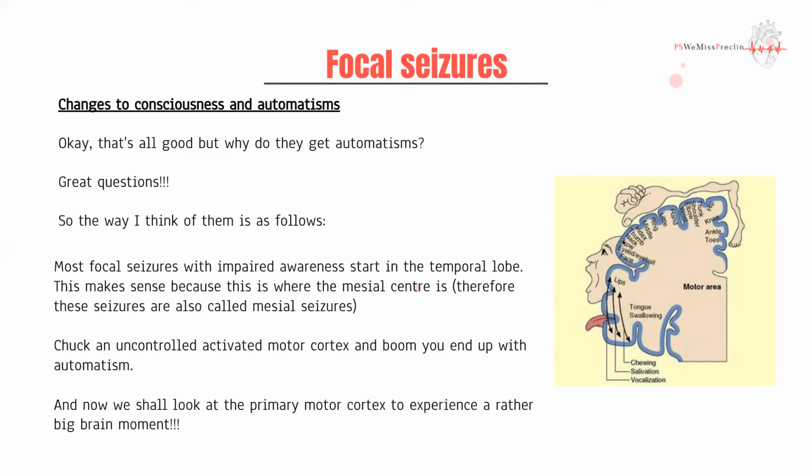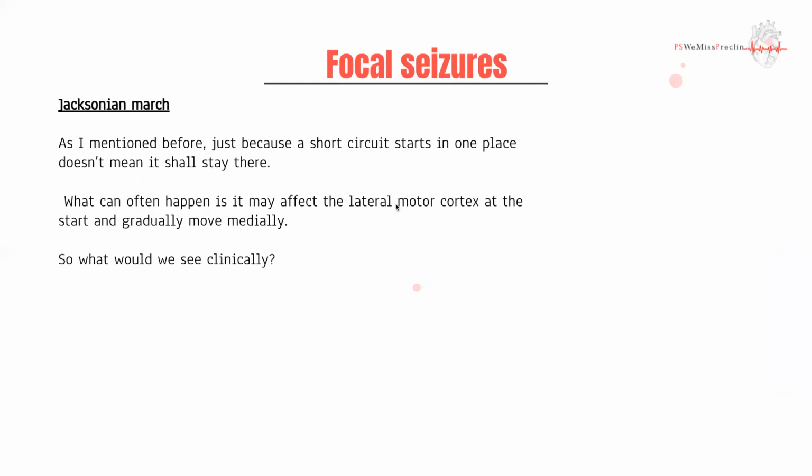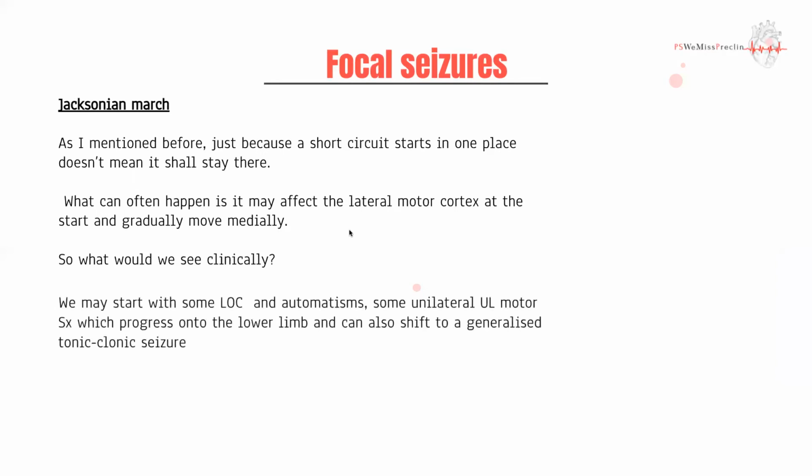You're then going to have on the person's body movements that are first head, then neck, then their hands, then their shoulders, then their trunk, then their knee, and eventually their feet. So that's kind of going to be represented physically as a person flinging or moving parts of their body that's going to come in a wave or a march, and that's called a Jacksonian march. And as I said, you might start with some unilateral upper limb motor signs that then progress to lower limb.